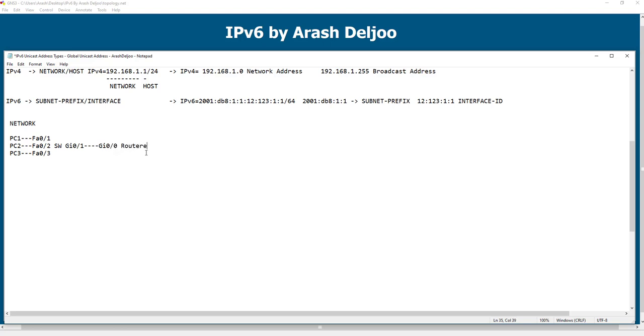So easy. I want to address this network for PC1, PC2, PC3, and also GigabitEthernet 0/0 of the router. I should use the same range. For example, if I want to use this range for this network, 2001:DB8:11::/64, what does this mean? You know that if I want to find the subnet prefix, the same as IPv4, we can use all of the interface ID bits